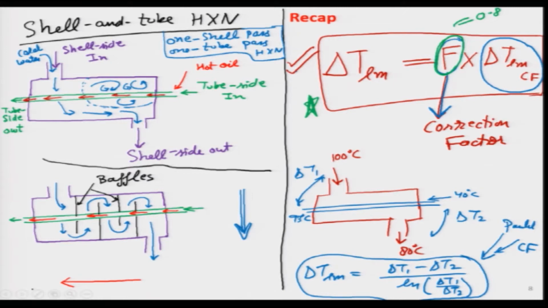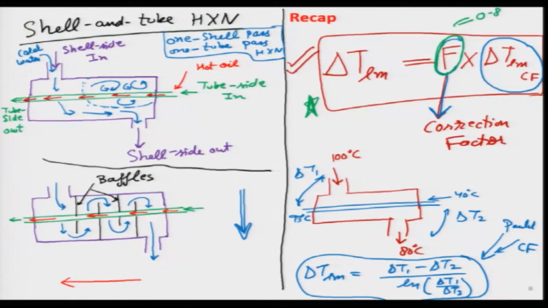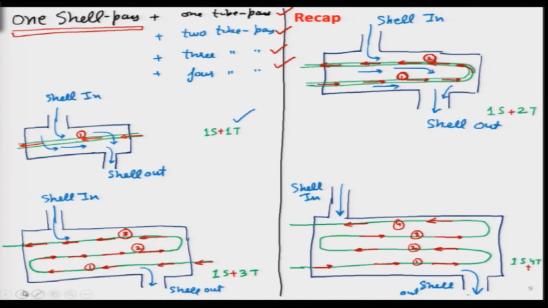Then we looked in detail at different types of heat exchangers, because till now, for the sake of simplicity and better comprehension, we have looked at the parallel flow heat exchanger and the counter flow heat exchanger. Next we wanted to look at slightly more applicable heat exchangers that we see around us, and those are the shell and tube type and the cross flow heat exchanger. As shown over here, shell and tube type consists of two sides, one is the shell side and the other one is the tube side. We can put a lot of baffles inside in order to enhance the contact between the two fluids, and we can have various configurations of shell and tube type.